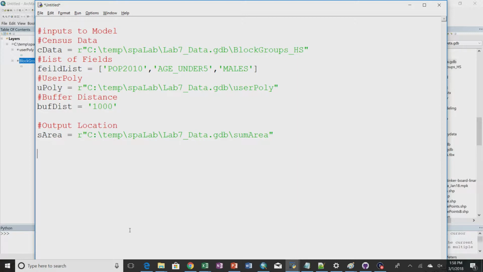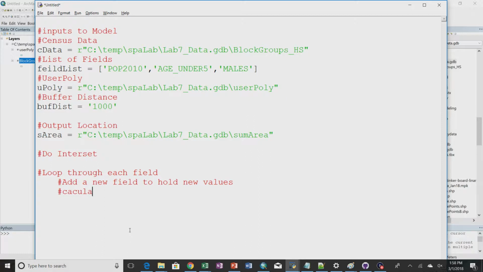Thank you. Okay, so now we need to code it up. So wiring this up or coding it up just means that we have to first do the intersect, then we have to do our loop through each field, and then inside of that we need to add a new field to hold new values,